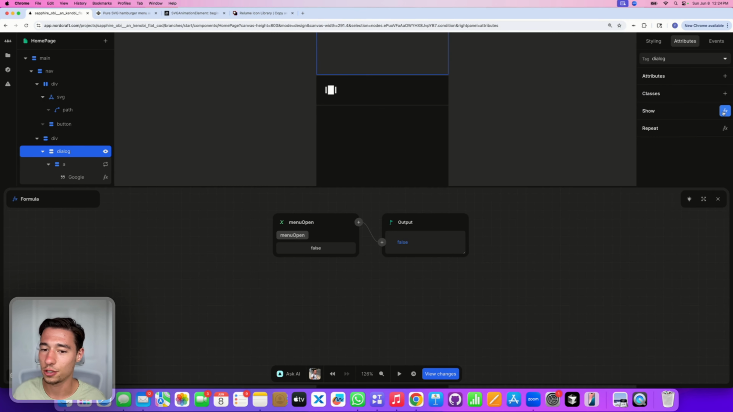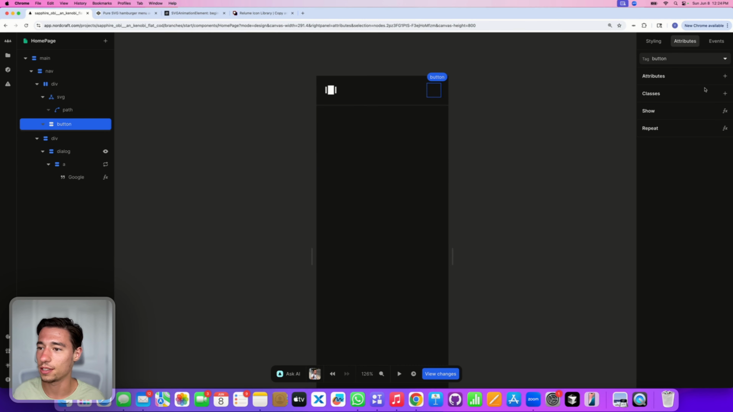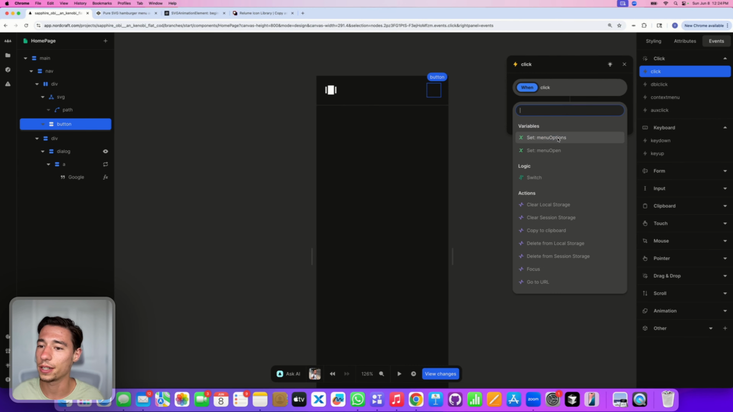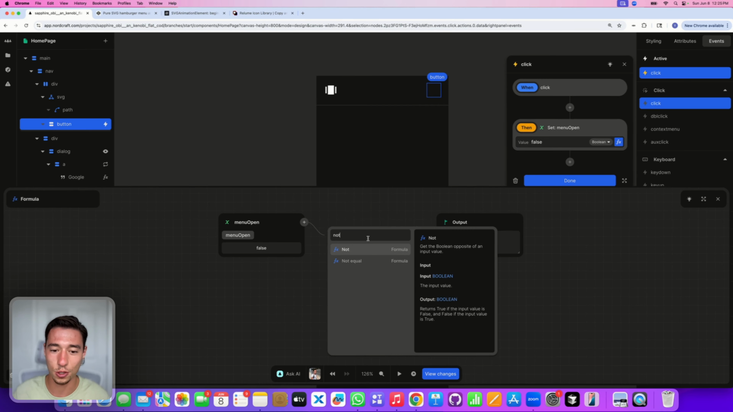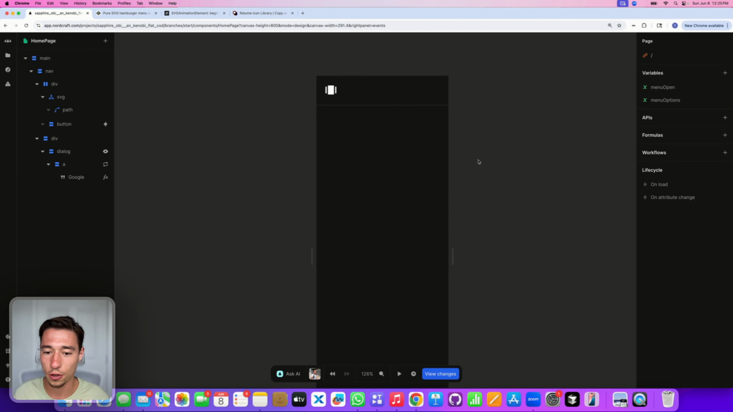So now when I do the show and hide, that should be fine. So let's go to the button, and this button on click will set the menu open to the current value of menu open, and it will just use the not to reverse it. So now when I click on here,